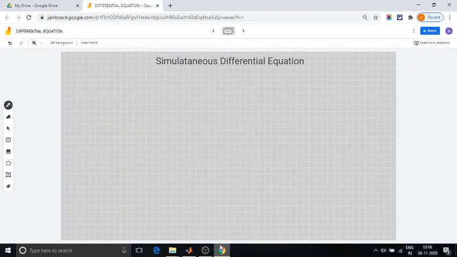Welcome everyone. In this video, I'm going to discuss how we can solve simultaneous differential equations by using MATLAB. So I'm just taking two simultaneous differential equations. The first differential equation is du/dt = -3u + 2v. This is the first differential equation, and the second differential equation is dv/dt